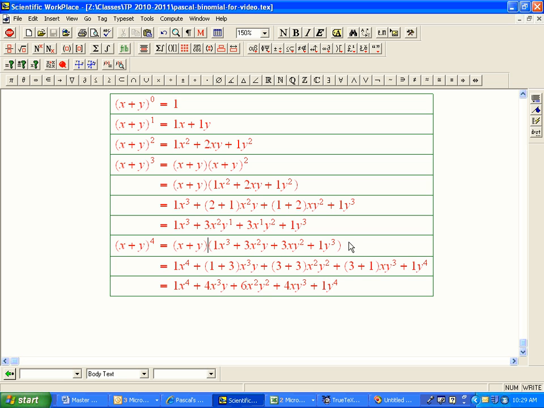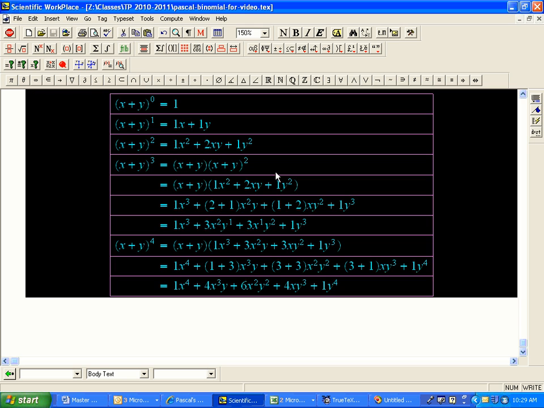And that led directly to the rule for Pascal that said, for example, the 6 is the 3 plus 3, or the 4 is the 1 plus 3. But I want to emphasize a different way of doing things. And for that, I actually do want to go back to and redo this